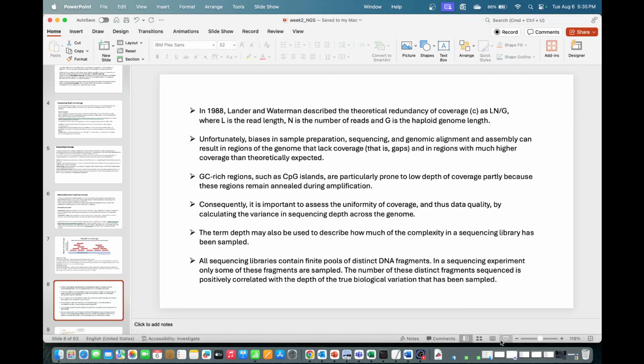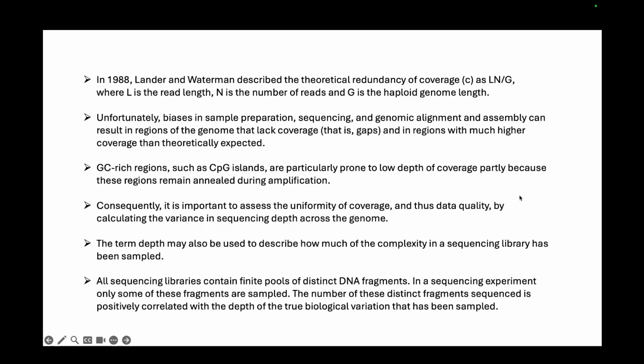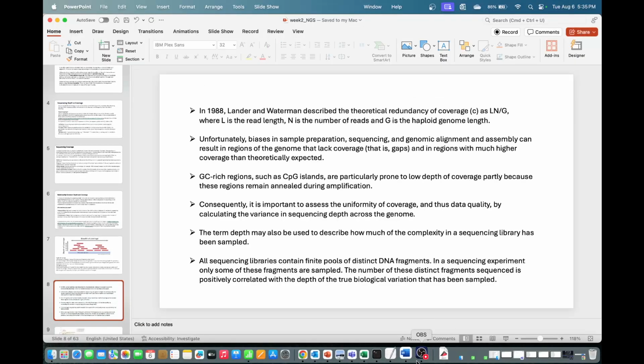we'll move on. One such example, other than a variation in the genome, would be GC rich regions, which are known as CpG islands. These are particularly prone to low depth of coverage, partly because these regions remain annealed during amplification, and so are not well amplified. So if you recall, GC is